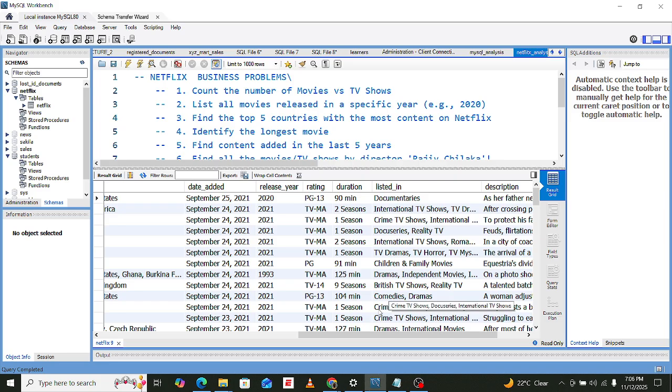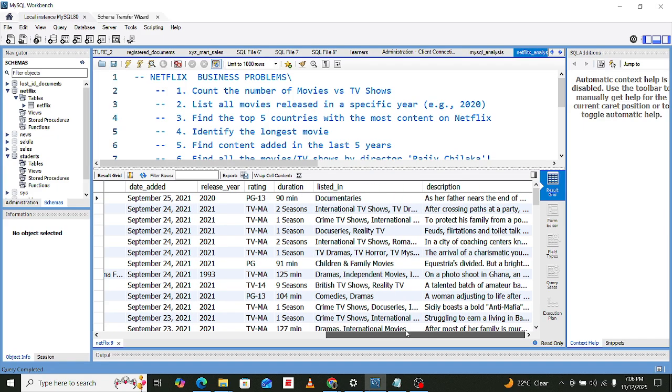I can see there are movies under crime TV. This one, in fact, is a crime TV show. So they are listed in all those categories. And then we have the description of each TV show.